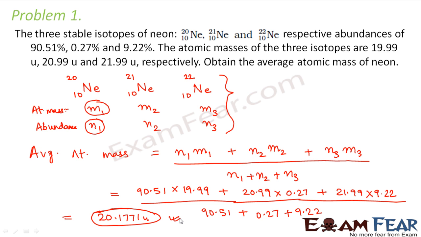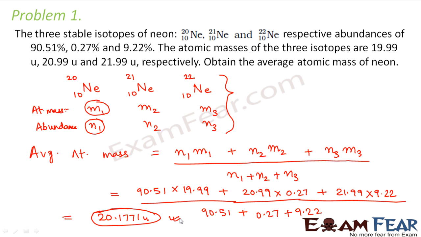Right? So this is the formula which we normally use to calculate the average of anything. I mean, suppose I say you obtained 30 in your physics, 40 in your chemistry and 20 in biology. So what is the average marks you obtained in science? Then also you will do the same thing. Okay, so this is how we do it: the total sum divided by the total number of samples.